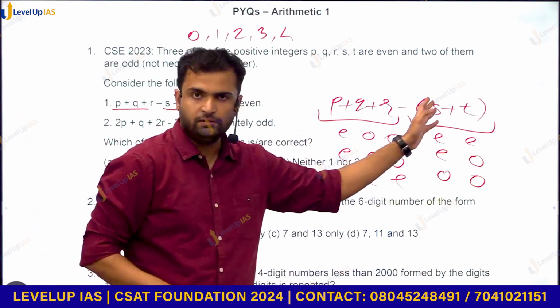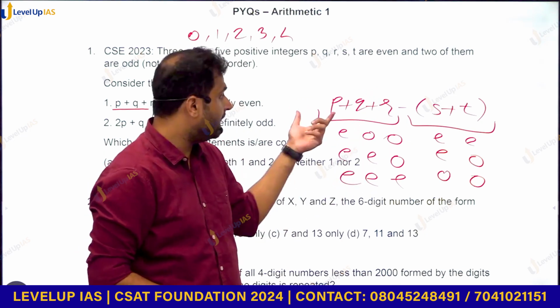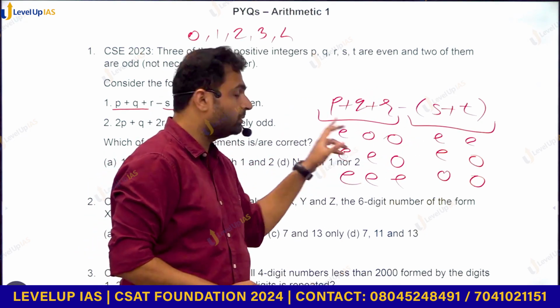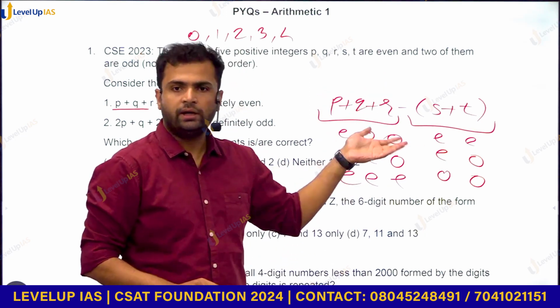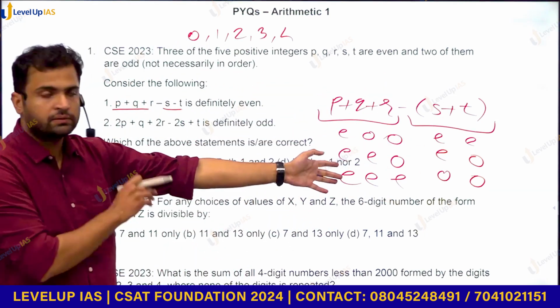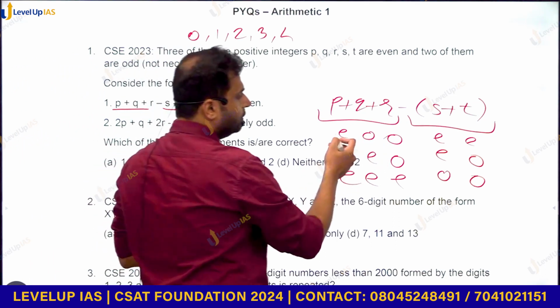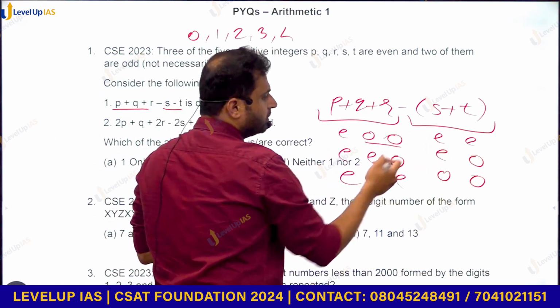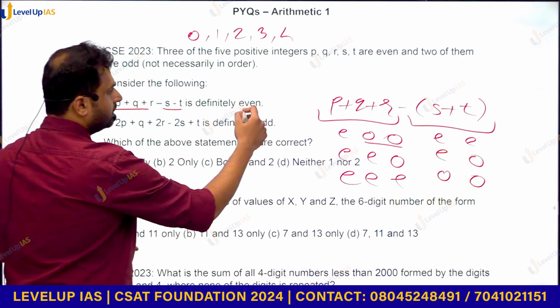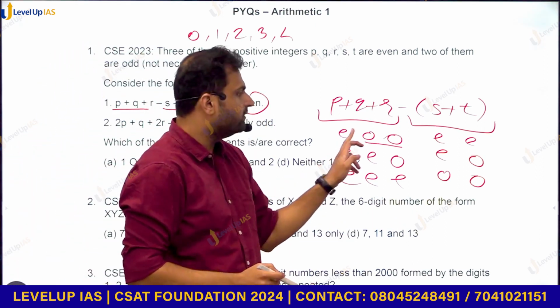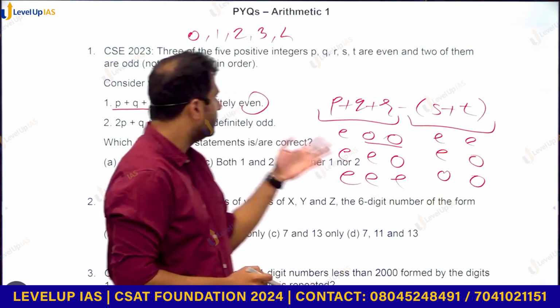Because it is addition, order is irrelevant. We can have even plus odd, odd plus even. Everything will give you the same quantity and the same evenness or oddness. Now in this case, you have 3 even addition and odd plus odd is even. So addition of 4 even numbers would be even. Yes, this is even, and odd plus odd, again even,